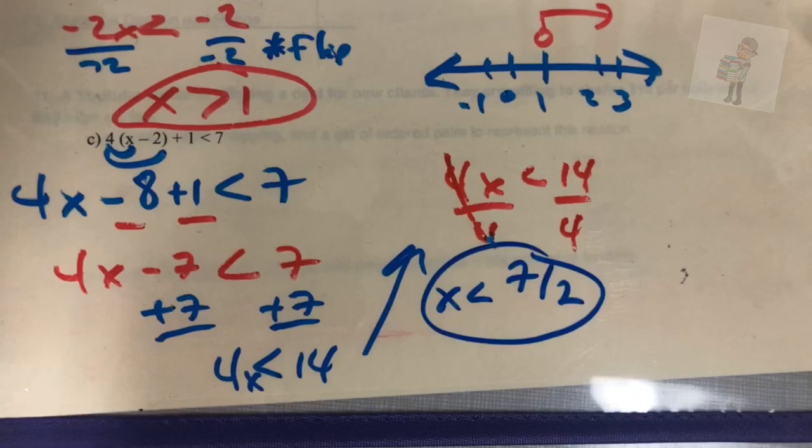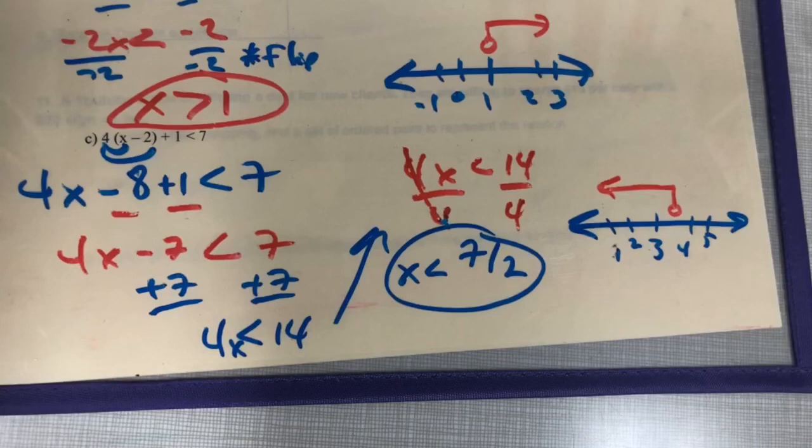For this one, you solve it, distributing. It's going to be a fractional answer. That's fine. Fraction answers are numbers too. That's x is less than 3.5 if you want to turn it into a decimal. So I do not put 3.5 on my number line. I put 3 and then 4, and it goes right in the middle. So that's how you solve your inequalities. Make sure you always